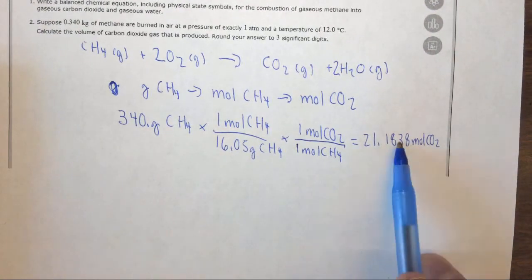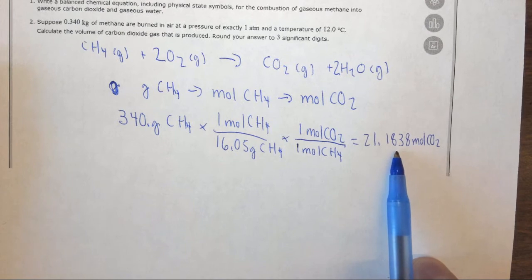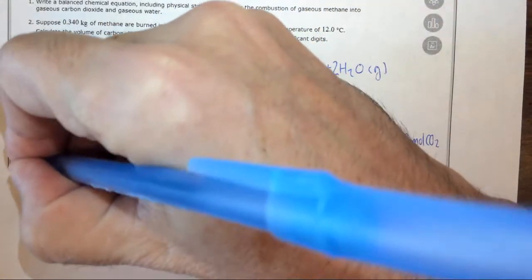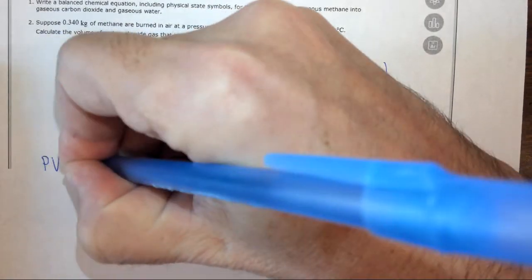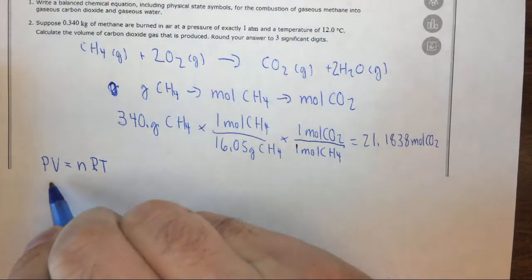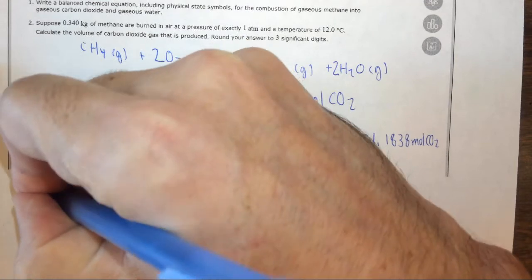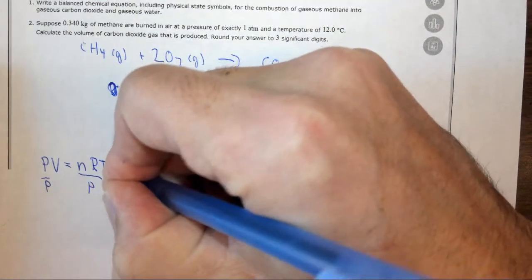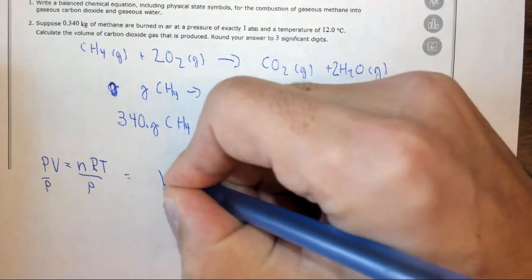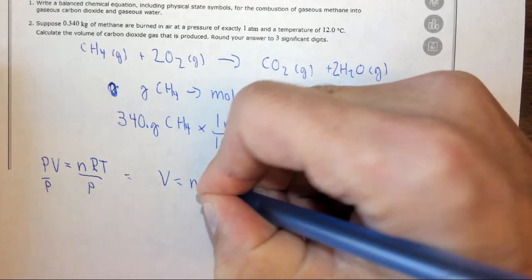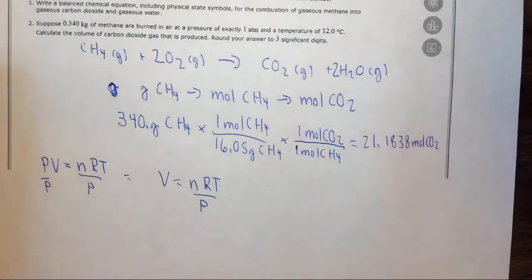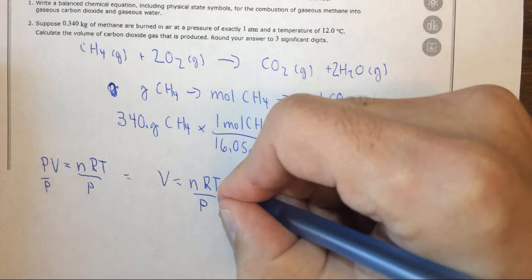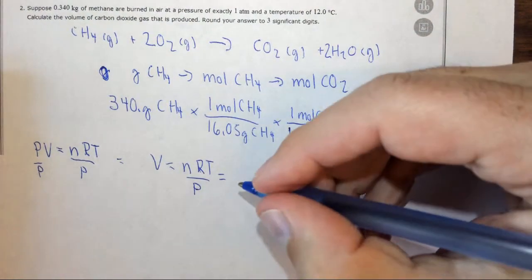We now want to figure out what the volume of this is. Well, if we have moles of a gas and we want to find its volume, we need to use the ideal gas law. PV equals nRT. In this case, we want to solve for V, so we start by dividing both sides by the pressure, and we get V equals nRT over P, which equals the moles that we just found,